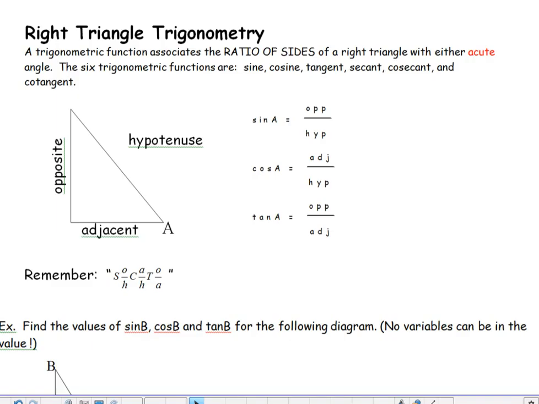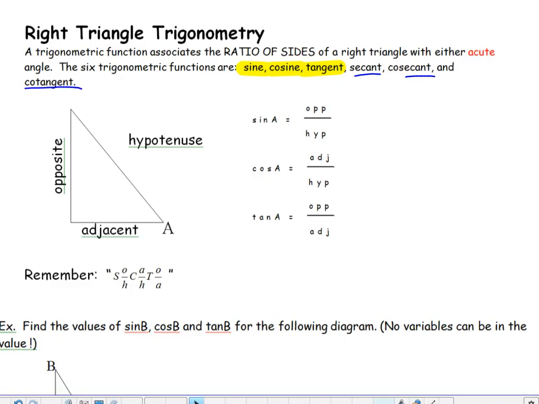All right? Now, I'm not going to pretend or bury my head and think that you haven't learned about sine, cosine, and tangent in the past, because I know you have. You've talked about sine, cosine, and tangent in triangles. You have not talked about these last three, secant, cosecant, and cotangent,